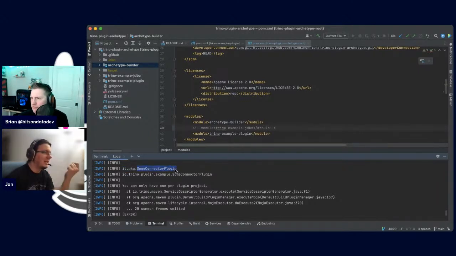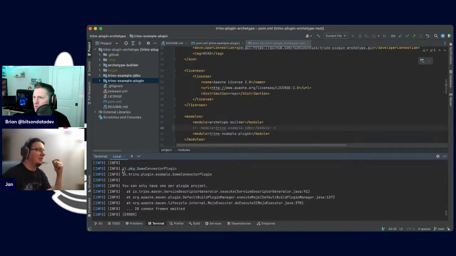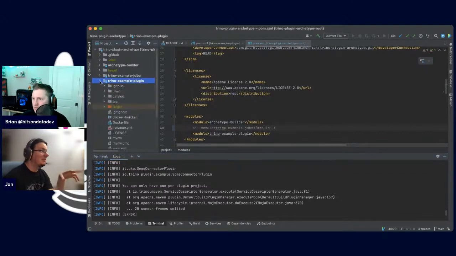classes using the same class name under different packages, and so this package looks like the example I have in the actual plugin, in the base plugin that we use to create the archetype. Yeah. The other one looks like the package name that's used in integration tests. I don't remember it very well, but I figured that from the package name because it has IT in it, so that means integration tests. We can verify that in a moment, but I'm just gonna take a look in the example plugin to verify